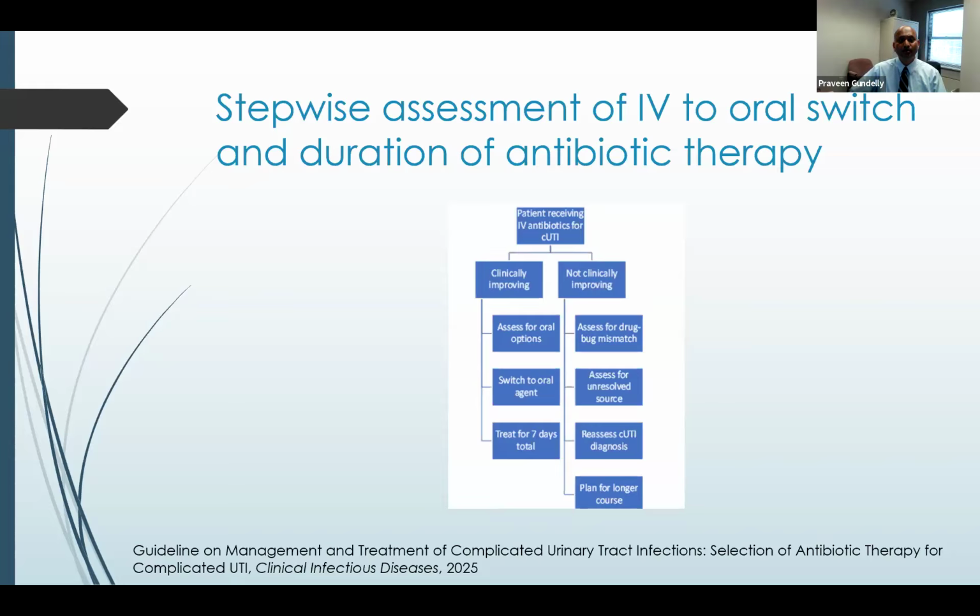Is it because we are not dosing the antibiotic properly, or the patient has an entirely different infection, or there are certain organisms like Enterobacteriaceae, because first, second, and third generation cephalosporins are not recommended. So in those cases, we need to go to a fourth generation or a carbapenem kind of antibiotic. Once we switch to an oral antibiotic, we need to do a follow-up,